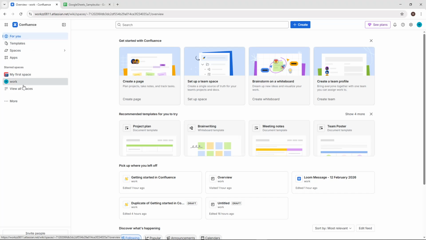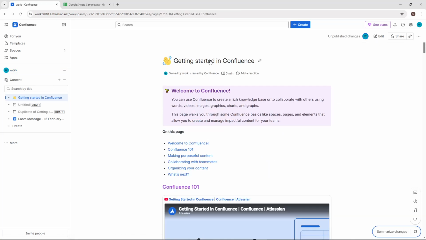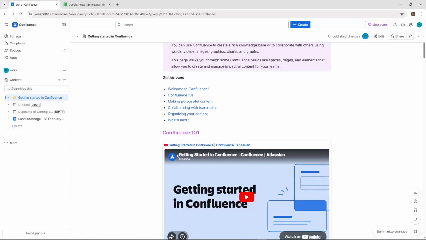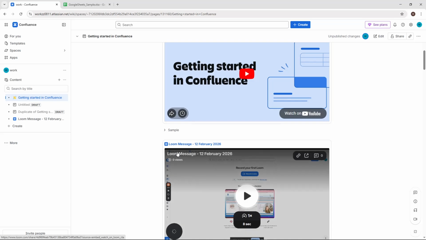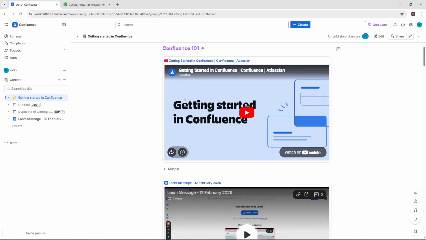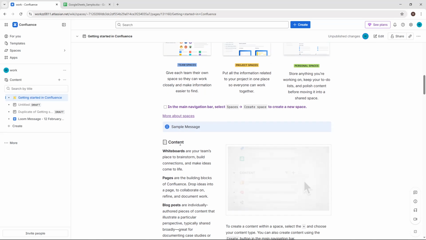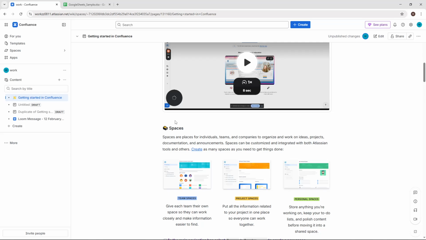Highlight each section title and apply a proper heading style from the toolbar, such as heading 1 for your main title, heading 2 for major sections, and heading 3 for subsections. Regular paragraph text won't show up in the table, so consistent use of headings is key. Try to keep a logical structure. Don't skip from heading 1 straight to heading 4, and use clear, concise titles so the table of contents remains